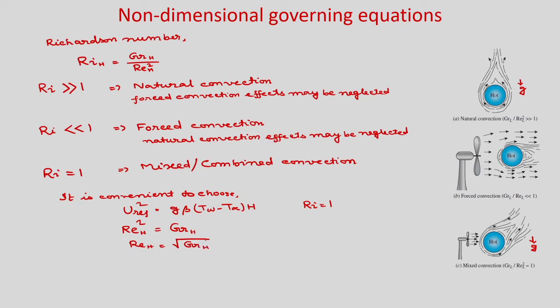So, you can see that the Grashof number plays the same role in natural convection that the Reynolds number plays in forced convection, right. Now, let us use the similarity transformation method and convert this partial differential equation to an ordinary differential equation, so that we can have the numerical solution.